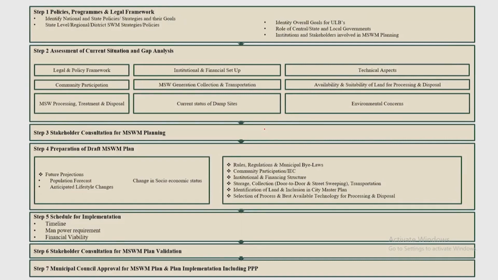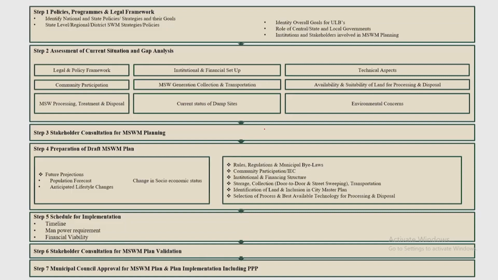Okay. So, step 1 is policy, program and legal framework. Step 2 is assessment of current situation and gap analysis, and the stakeholders are also given here. In step 1, who will be the stakeholders? In step 2, assessment of current situation and gap analysis, what are the aspects to be looked into in this particular step?